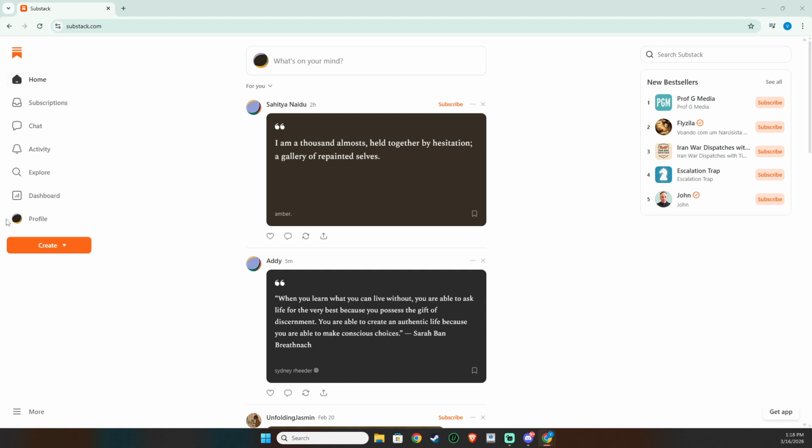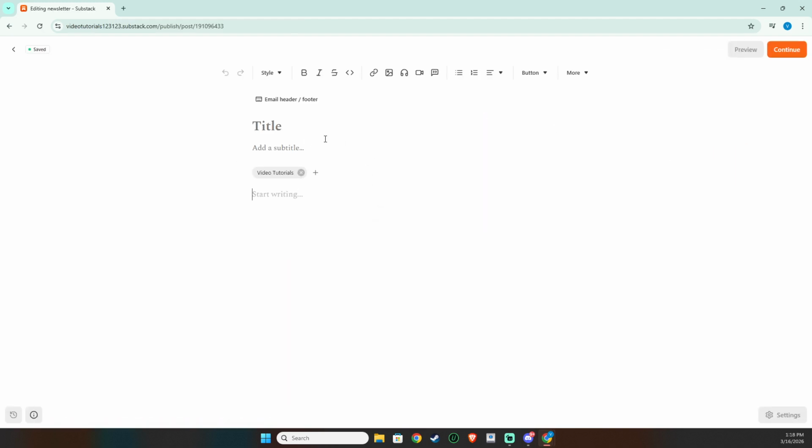This opens the editor where your newsletter comes to life. Think of this as your workspace, clean, simple, and built for writing. Begin by entering your title, subtitle, and the main content. Your title should be clear and specific so readers instantly understand the value. A helpful approach is to promise a takeaway or highlight a strong angle. The subtitle adds context. Use it to preview what's inside or set expectations for the tone and scope.